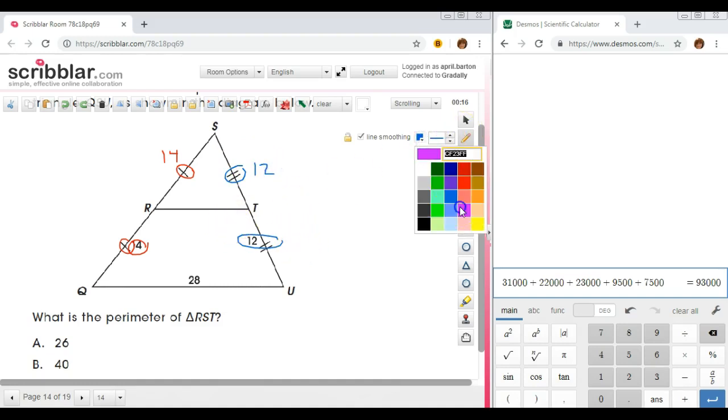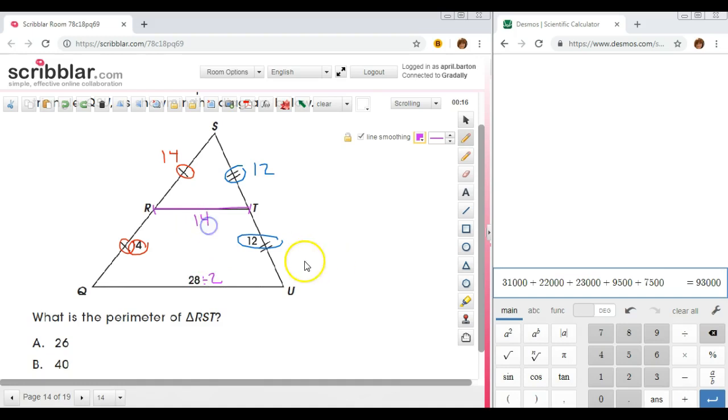Then the final side we need is R to T. That one's a little bit more difficult. We don't have any marks on it. But when you have 2 sides with the midpoints, this is called the mid-segment. And the mid-segment is exactly half the corresponding side. So if we do 28 divided by 2, that gives us